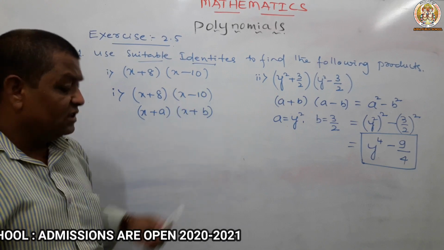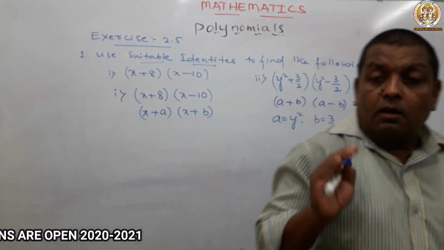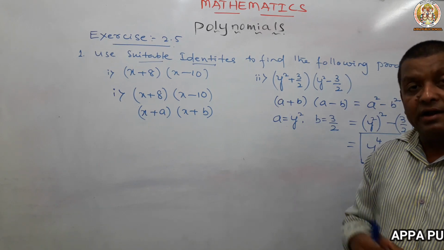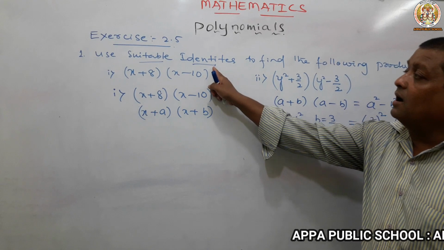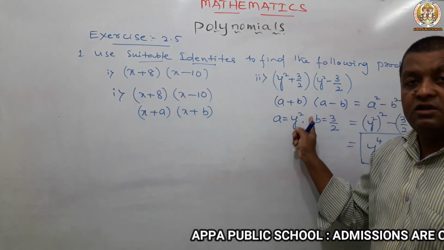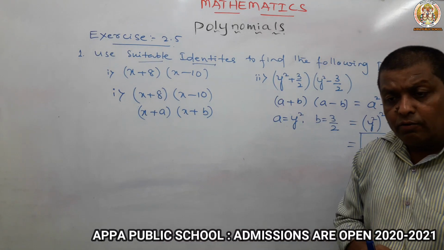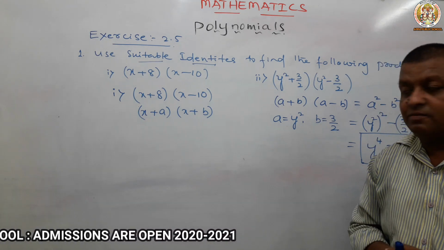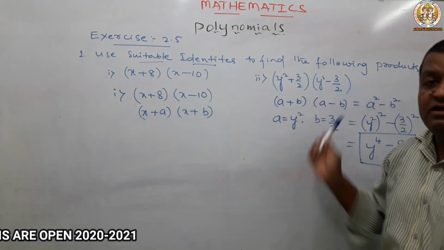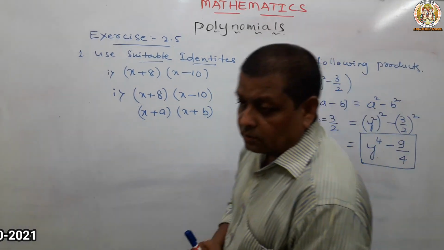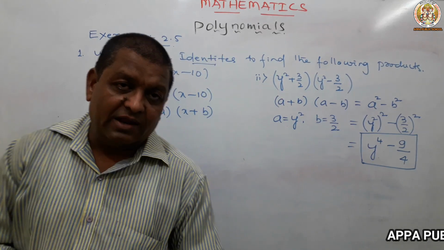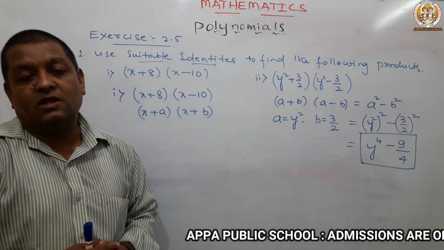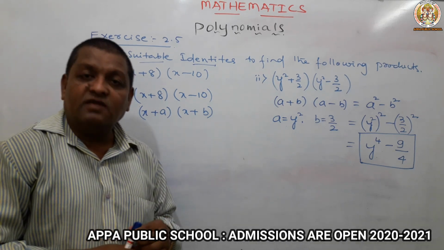So what we understood in these two sums: spend a few seconds to identify which identity suits these types of sums. When you have all types of identities in your mind, if you are thorough in identities, you will definitely judge within a few seconds. So once you get the suitable identity, then sums go very easy. So this is all practice and we need to be perfect with the identities. So let me go to the second bit of this.